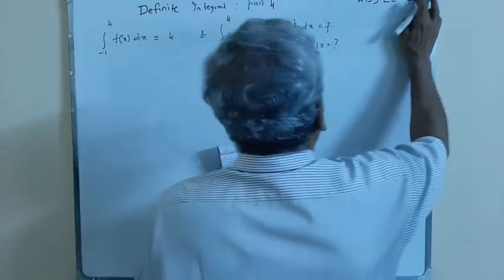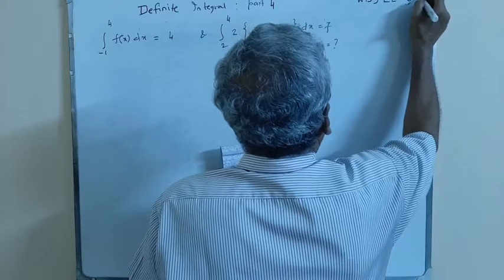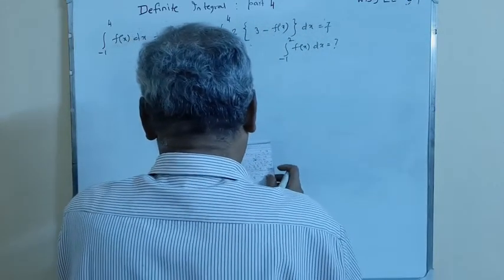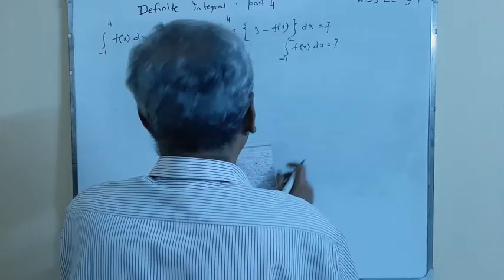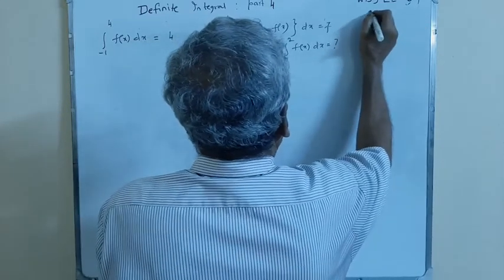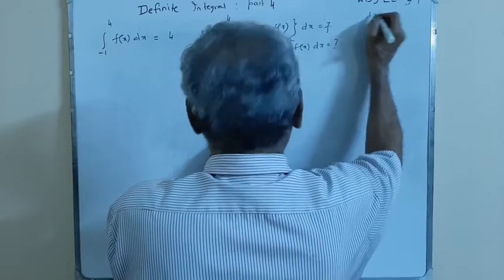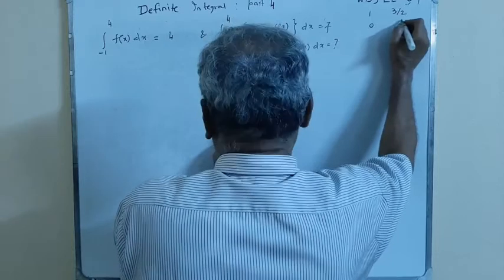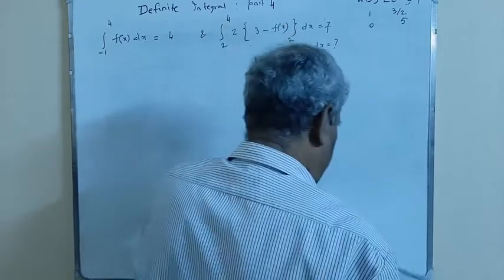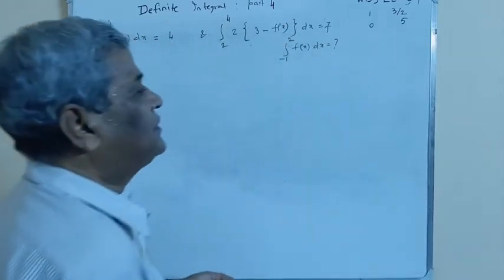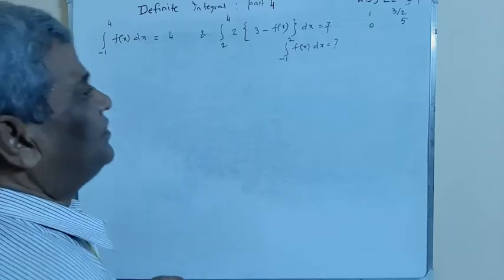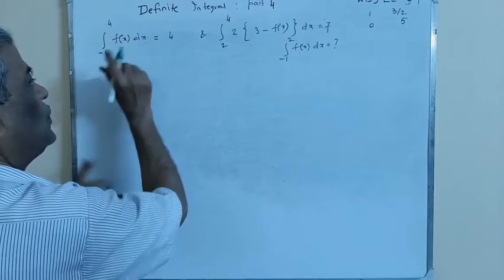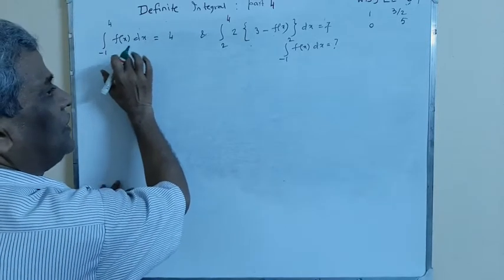That problem is given in the year 2009. Options are 1, 3/2, 0 and 5. Achha. This can be written as,